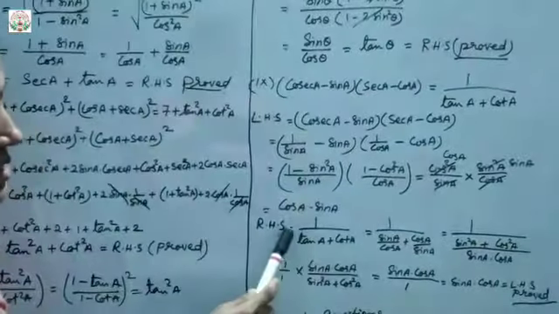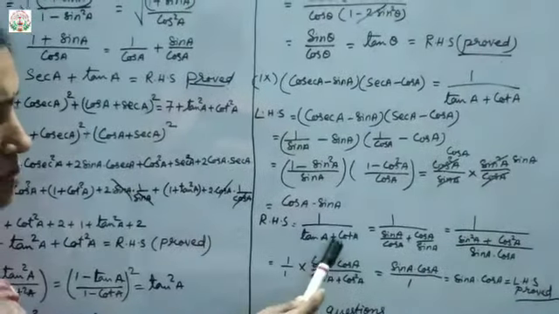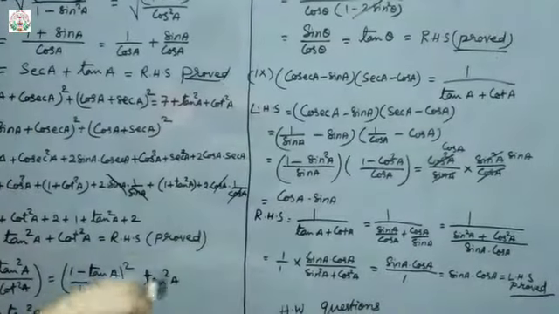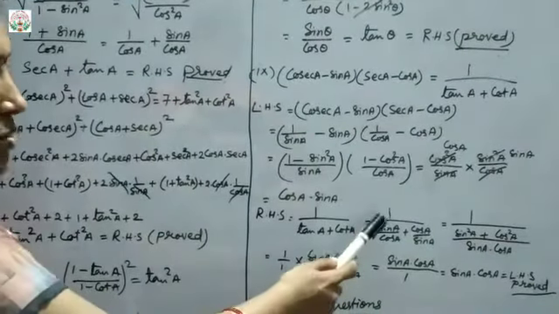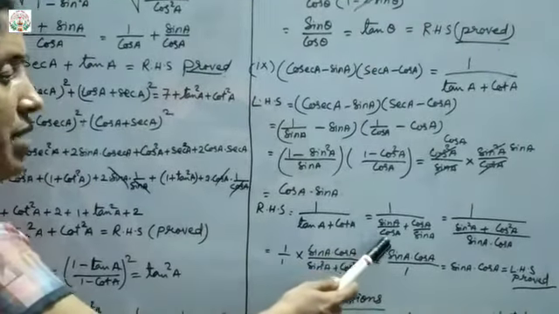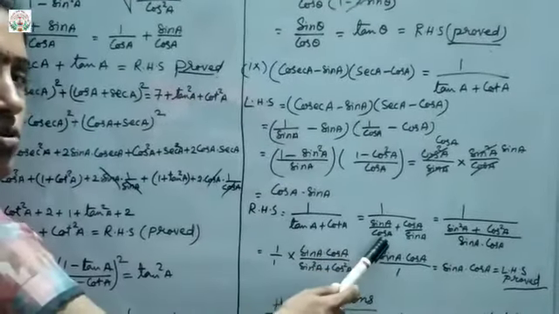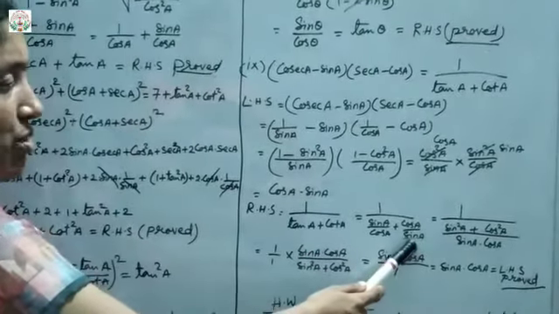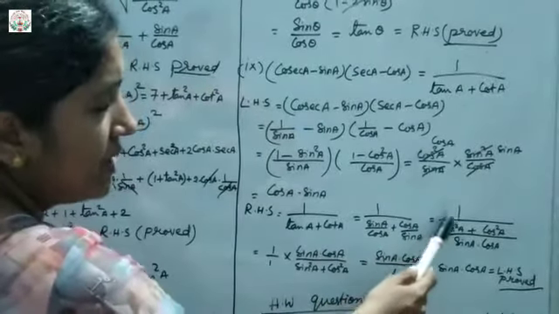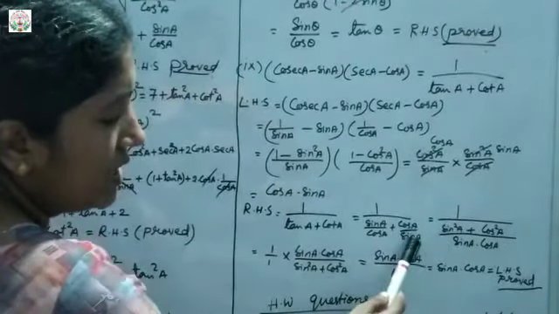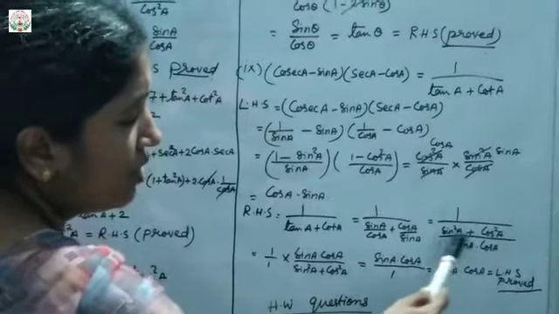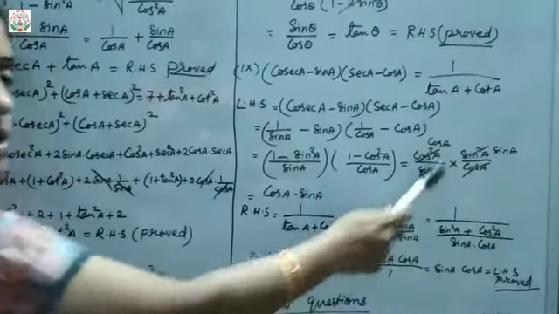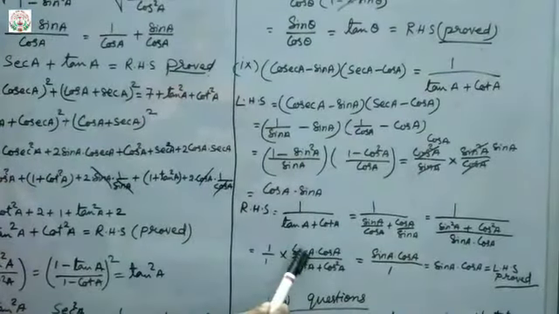Okay, RHS we know it is 1 upon (tan a plus cot a). Now change this tan a and cot a into sin and cos form. Okay, so we know that 1 upon, tan a is sin a upon cos a, plus cot a is cos a upon sin a. Okay, now take the LCM of this side, that is equals to 1 upon, take the LCM, that will be sin a into cos a upon, now what, sin square a plus cos square a, that is equals to, now reciprocal, do it, that is 1 upon 1 into sin a into cos a.